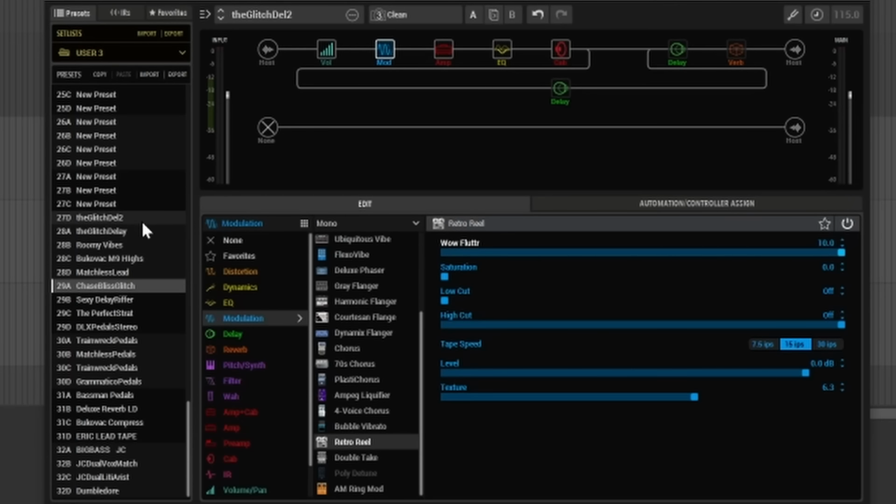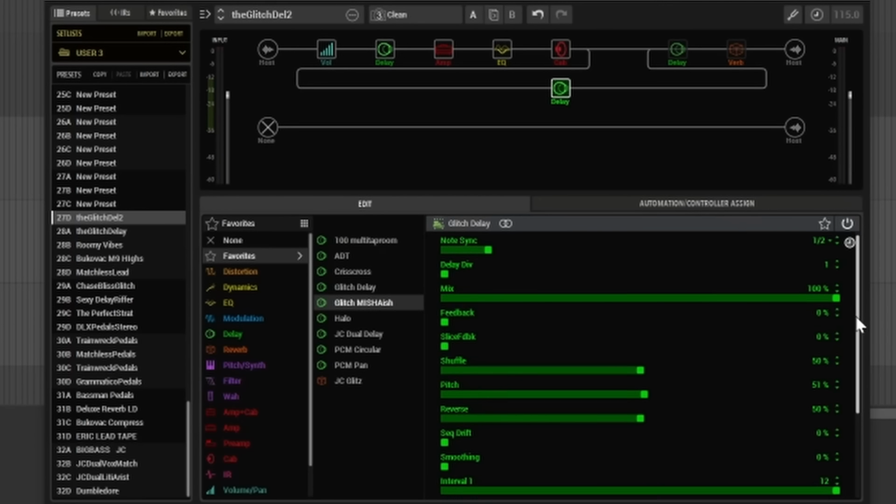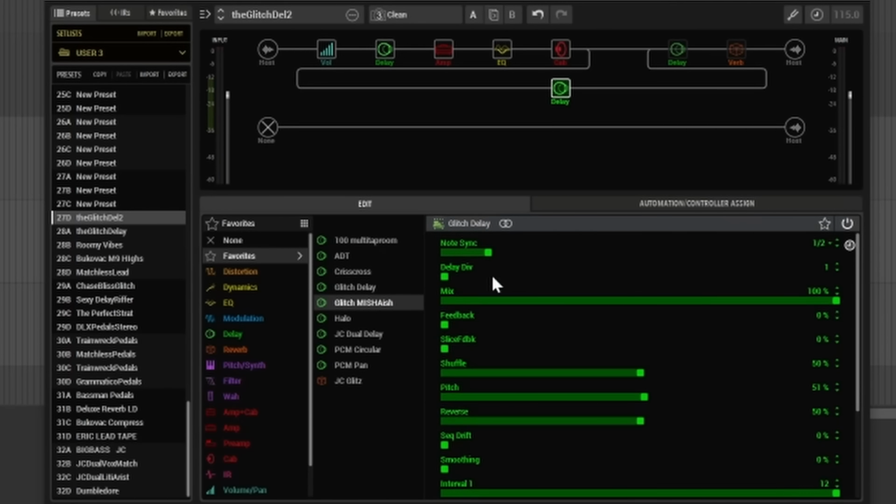So, where were we? This one. So, then the glitch delay. So we got note sync, so you can sync it up. Now, delay divisions is fairly straightforward. That's how many of these slices you're going to get within the actual period of time, right? So if you do loads of them, you get loads of it. If you do a small amount,